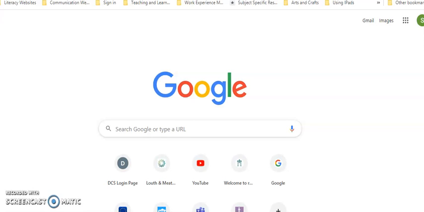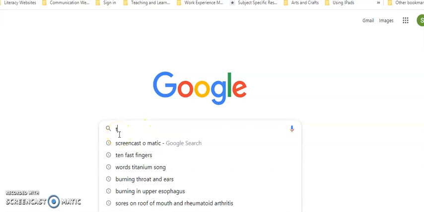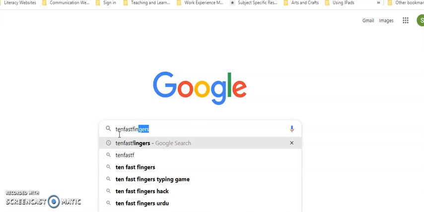program 10 Fast Fingers. So to launch 10 Fast Fingers, as you can see, I've got the Google screen open. I've got the Google search engine open. I'm going to go up and type in 10 Fast Fingers. Now because I've looked for it before, it came up already. So if you just type in 10 fast fingers, press your enter key on the keyboard